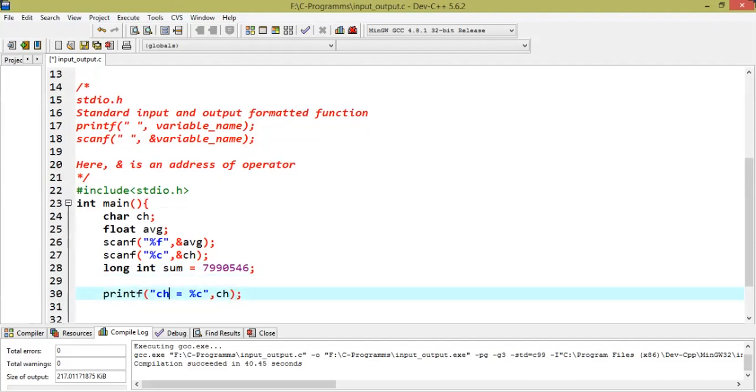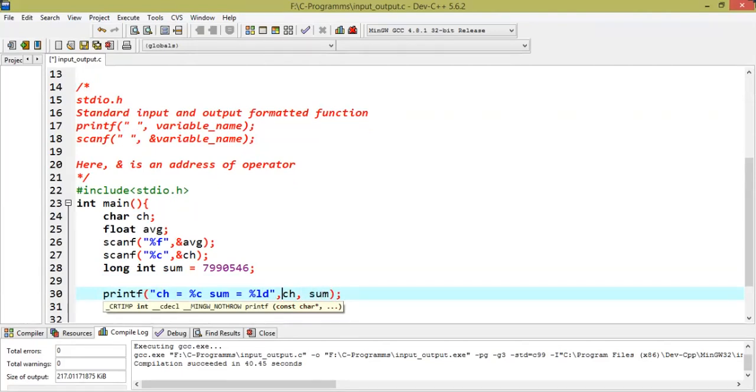So one statement can be used to print multiple values here. So next, suppose I want to print the sum. What is the type of sum? It is long integer. So we can write here sum equal to %d, it will work, or you can use %ld also. And then we can pass ch and the second variable which is of long integer type is sum.